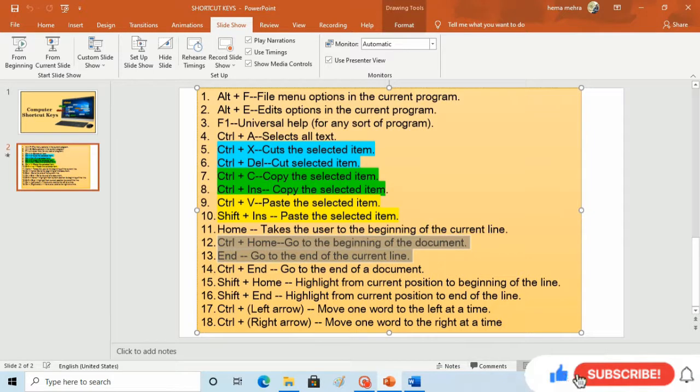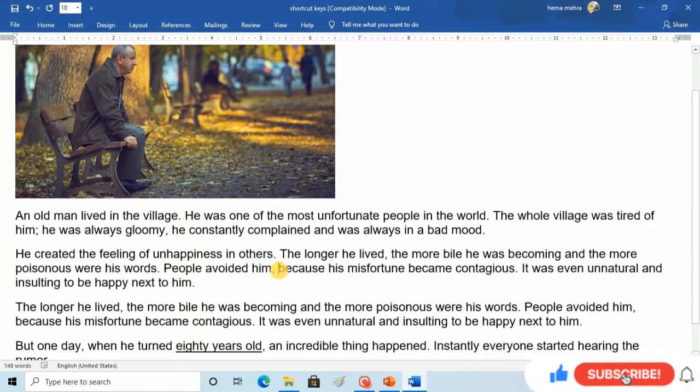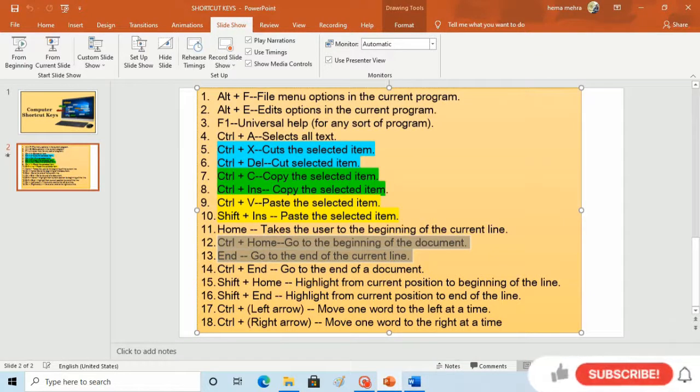Suppose you are in the middle of any document and you want to revise whatever you have written till now. So the Control plus Home key will take you to the beginning of the document.